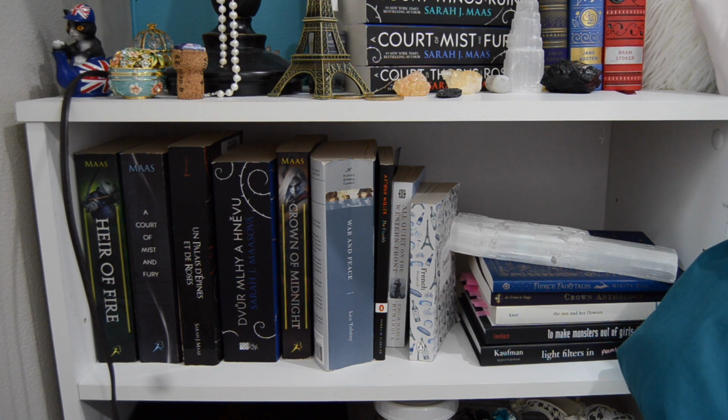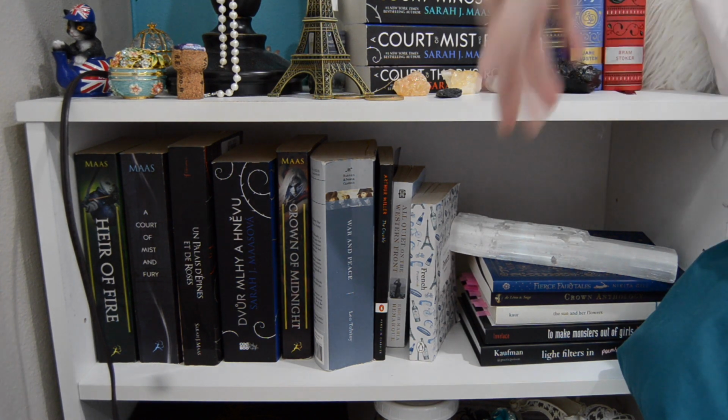Here I have some of my random Throne of Glass. My Throne of Glass series has gotten lost, or people have borrowed it and I haven't gotten it back, so I just have random books from it. But then I have my